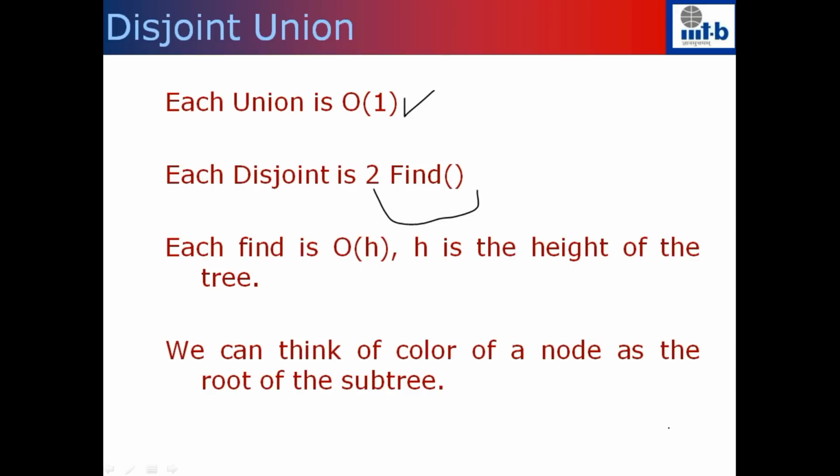Now if you want to understand how many times you have changed the color of a node, the height of the tree will be exactly equal to the maximum number of times a node has changed its color. Every time a node's color changes, the parent pointer of that node changes.